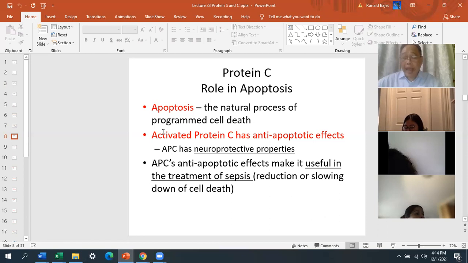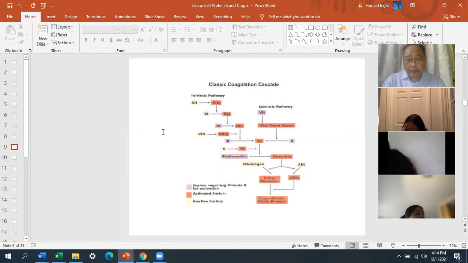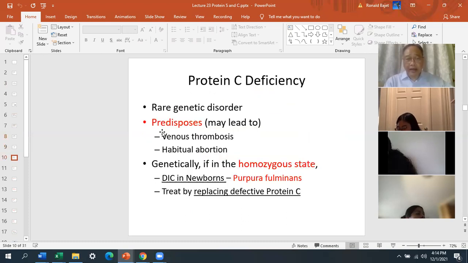And actually, APC has some good cosmetic effects as well. There's the coagulation cascade. You should be very familiar with that. And when I ask you to do the cascade, you don't have to use the Roman numerals, okay? And we're going to go over this again after my lectures. Okay, so protein C. What I just talked about was protein C and its anticoagulant